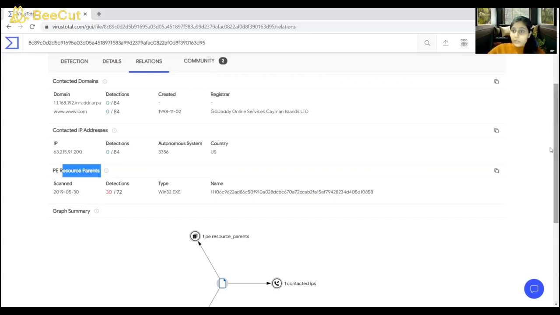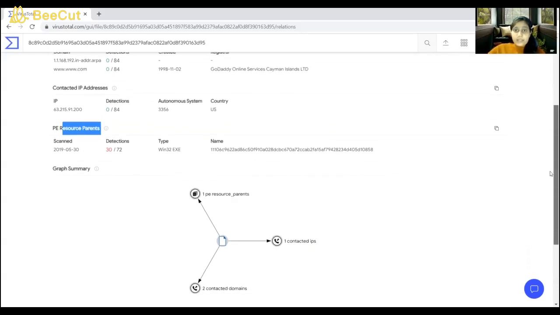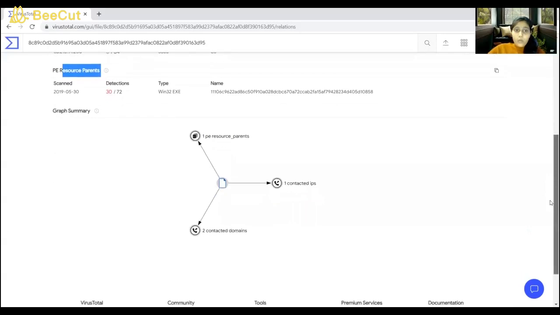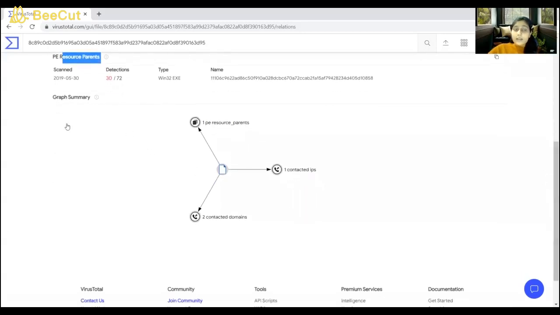Okay, next we scroll down a bit, we can see a graph summary. What is a graph summary? This is the graph summary result for the file we uploaded, the network pickup file. VirusTotal Graph is a visualization tool built on top of the VirusTotal dataset.